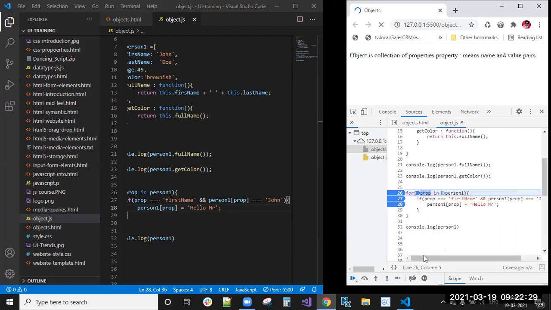Person one, each and every property will come here. Property equal to first name. Person one of prop first name equal to John.